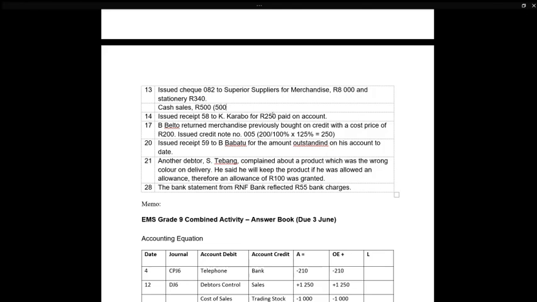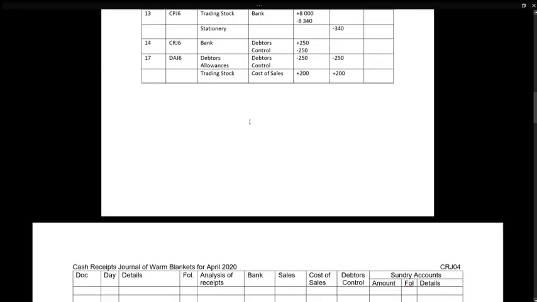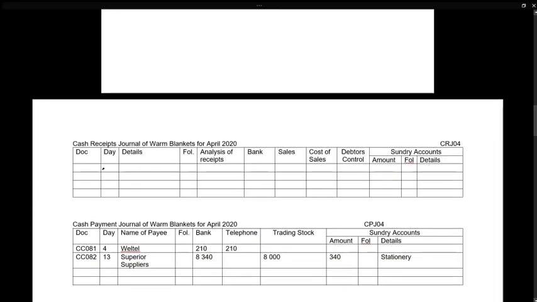We did calculate the cost price on sales of 500 Rand, but let me just quickly show you how to do it again. 500 divided by my selling price percentage, multiplied by what I want. I want my cost price, so I'm going to multiply by my cost price percentage. It will equal 400 Rand. There you go. Right, cash sales will go to my cash receipt journal,